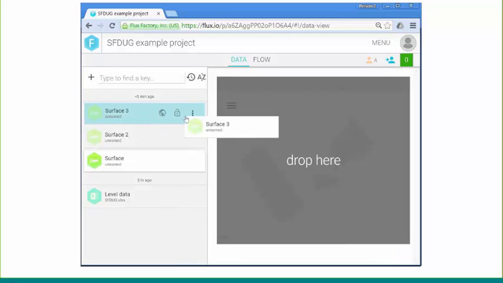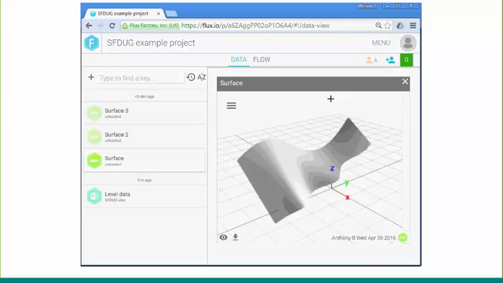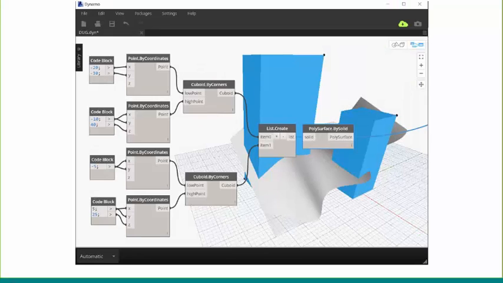So, okay, in this instance, we've got somebody who's created these 3 surfaces, and we're going to see how the Dynamo user works with that. So, okay, the canopy was drawn in Grasshopper, but the massing is coming out of Dynamo or Revit. And so here we see my very fancy Dynamo script using some point-by coordinates and cuboids. I'm sure there's a more efficient way to do this, but this is just my method. And so, okay, I've created this massing,